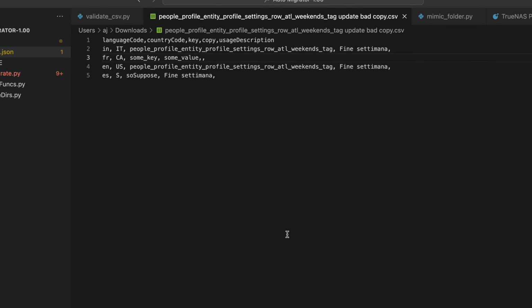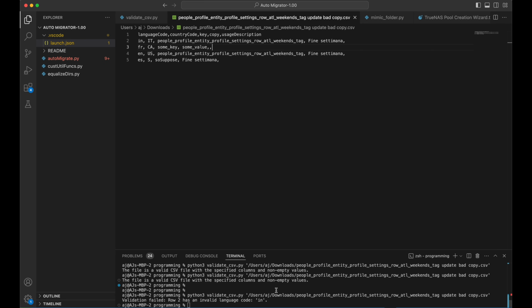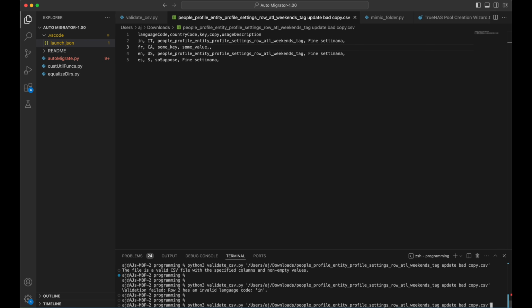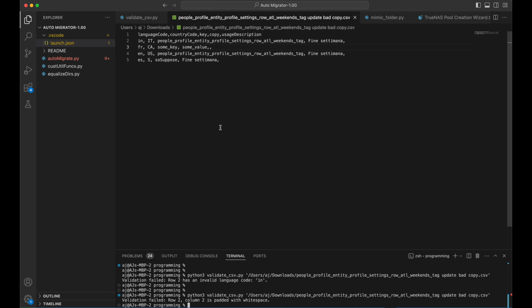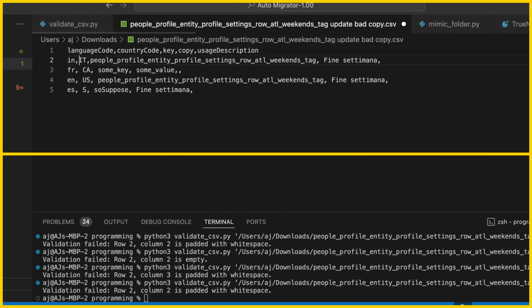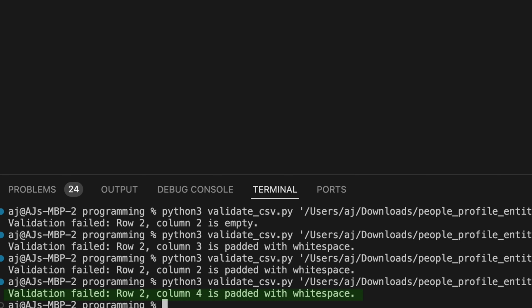and that we don't have any excess values that are erroneous. So if we were to go through executing this validator script, we'll see that right off the bat, it says validation failed at row 2, column 2. It's padded with white space. So this CSV needs to have no white spaces whatsoever in it. So if I do this, row 2, column 4 is padded with white space. So now if I delete this,